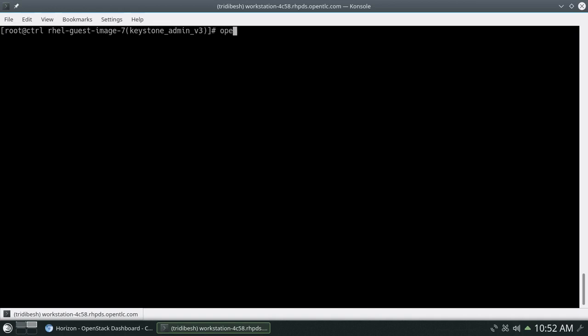So let's create that. For doing that, we will use the command openstack image. Before creating an image, let's list whether we have any existing image or not. As you can see, it's blank, so that means we don't have any image created so far. So let's create the first image. openstack image create. So let's give where we are creating the image from.